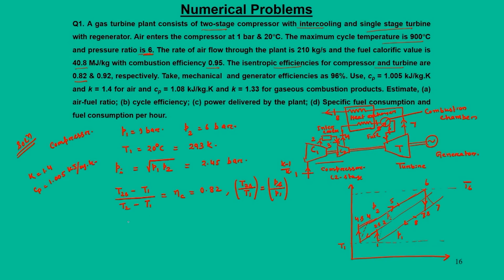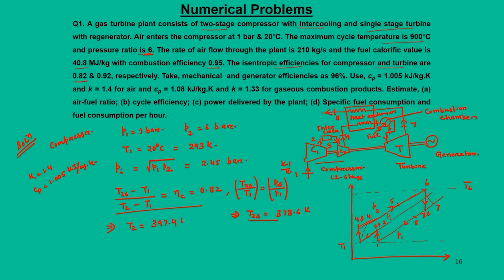So, from this number all these parameters are known, T1 is known, Pi is known, P1 is known. So, first expression gives T2S, that is 378.6 Kelvin. Once we know T2S, we can use this compression efficiency term to find what is T2. So, T2 turns out to be